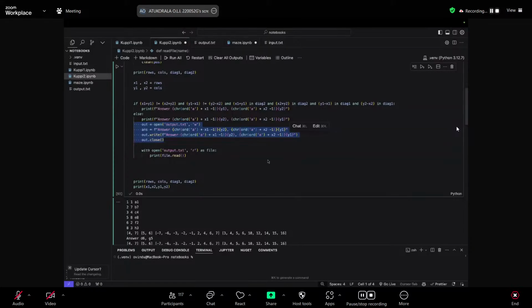So W plus is actually write and read. As it's there in the name, W is for write only, and W plus is for write and read mode. So if you want to both write and read to the file, use W plus, but otherwise just use read.